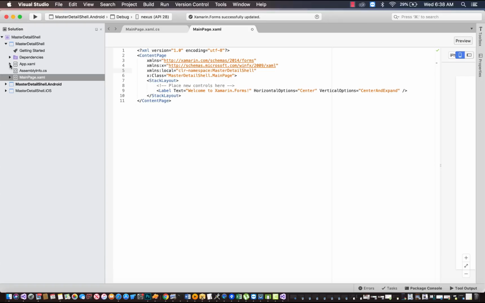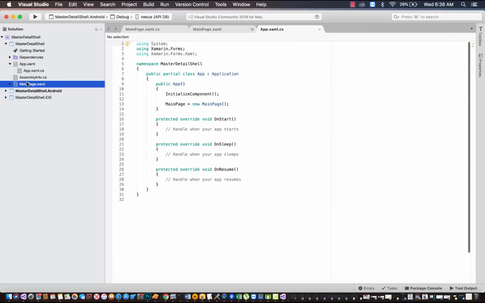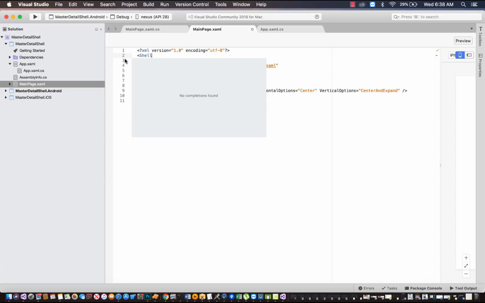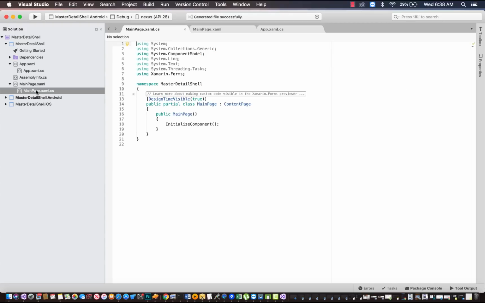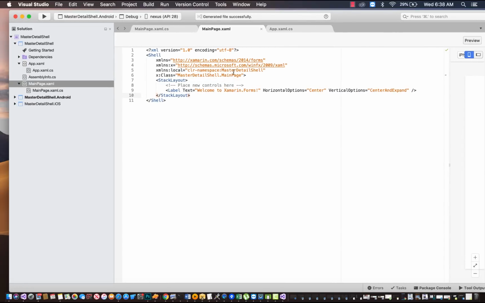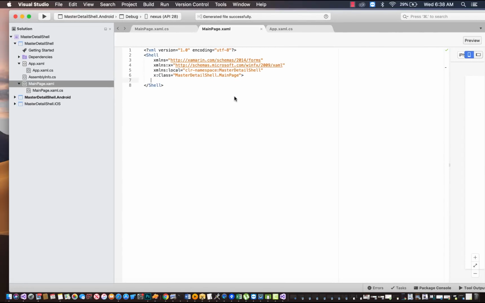As our main page is our starting page, you can see over here our main page is our starting page. Then change that content page to Shell page. In our code behind too, we need to inherit MainPage from our Shell page so that we could get its properties such as flyout items,